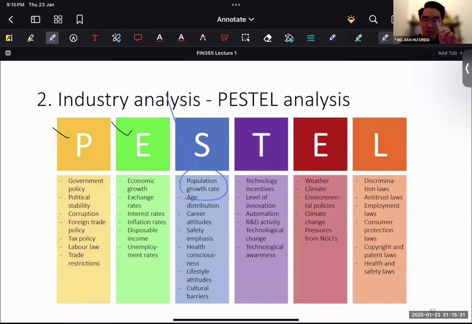Let's say I'm talking about alcohol, which is a very interesting example. Maybe something you did not think about is how population growth rate is going to impact alcohol. The PESTEL analysis is supposed to help stimulate certain thought processes. Many people do not realize how population growth rate impacts alcohol. The reason is that Korea and Japan are going extinct. Not sure what that means, but the reason population growth rate affects alcohol is that